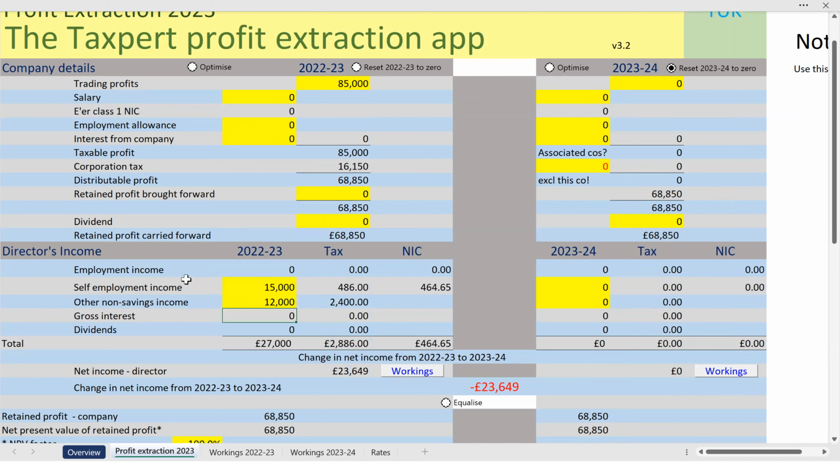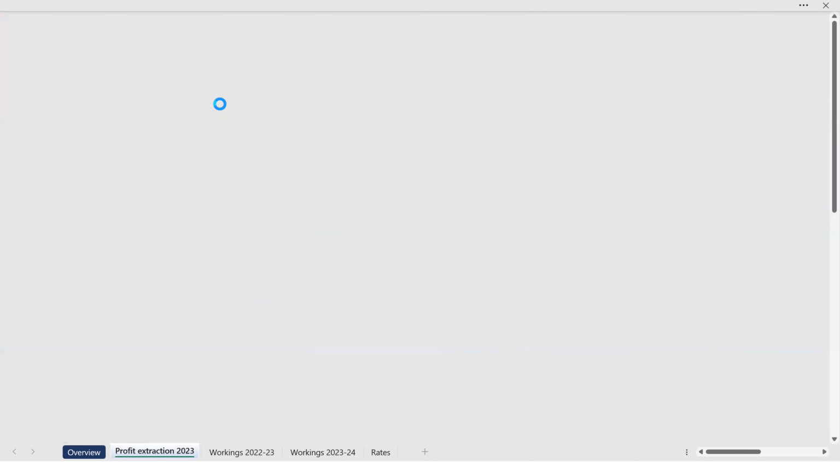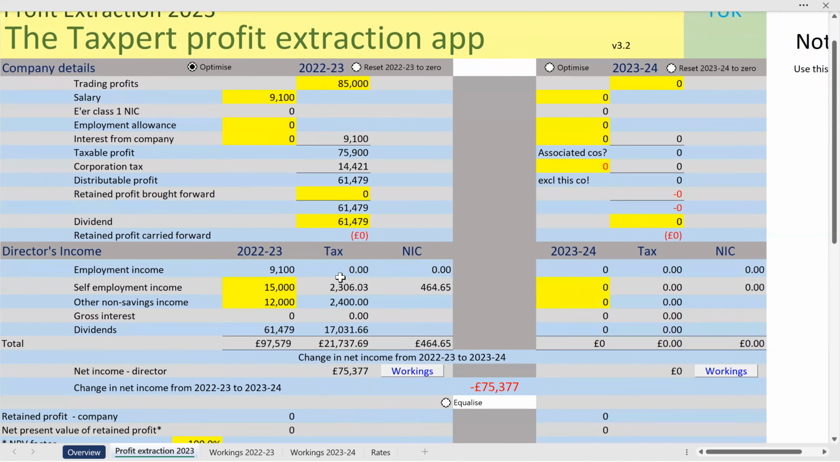But the key field or the key application here is in this optimize button. And when I click on that, a solver application in Excel will then do its stuff. It takes a little while to go through its calculations, and it has now calculated that for 22-23, the optimum salary would have been 9,100, and that leaves 61,479 to come out as dividends. I've built into this an assumption that we don't want anything left in the company, so we're doing maximum extraction